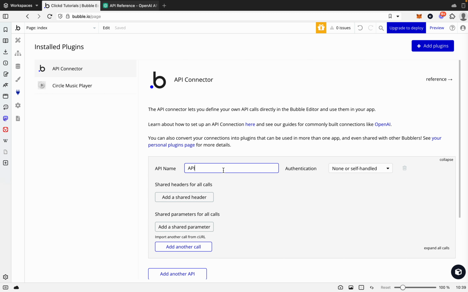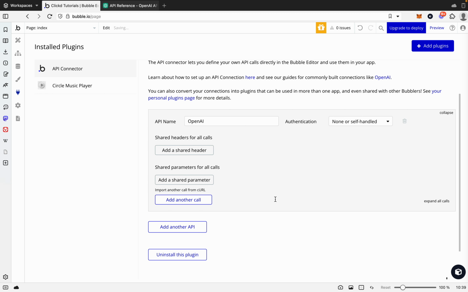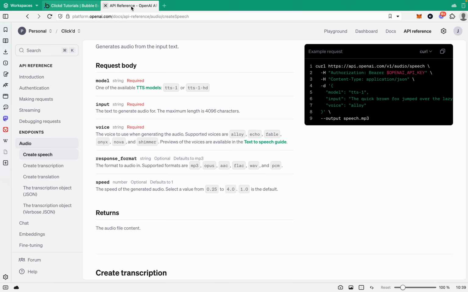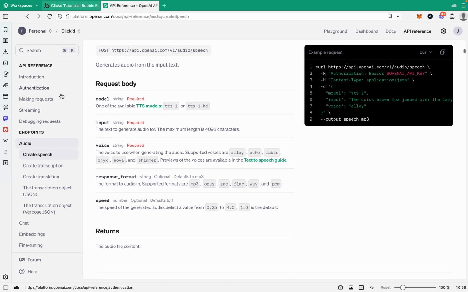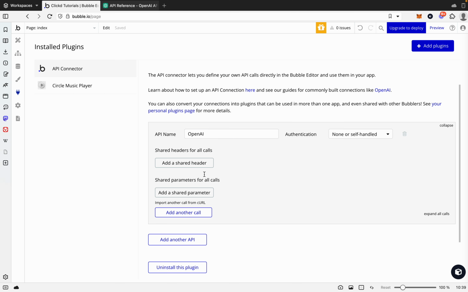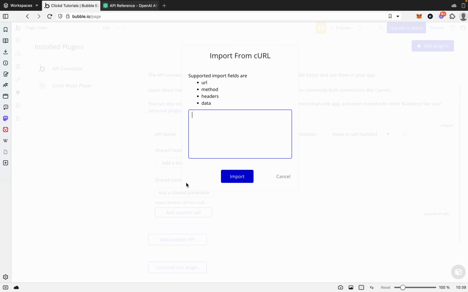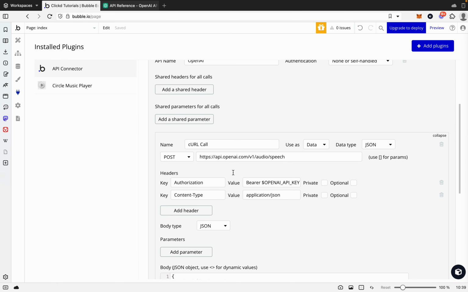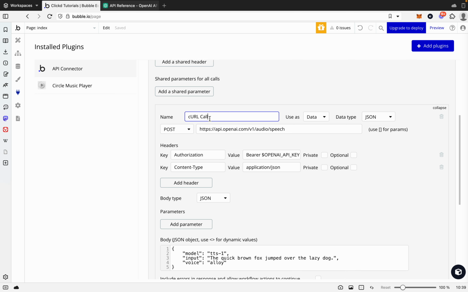Now we're going to come over to the API connector. We're going to call this one OpenAI, and then we're going to come across to the OpenAI document here for the API, and we're going to be doing audio. I will have a link of this in the description of the video so you can find it, but all we're going to do is just copy this API information here, and we're going to go import from another call, paste it in there, go import,